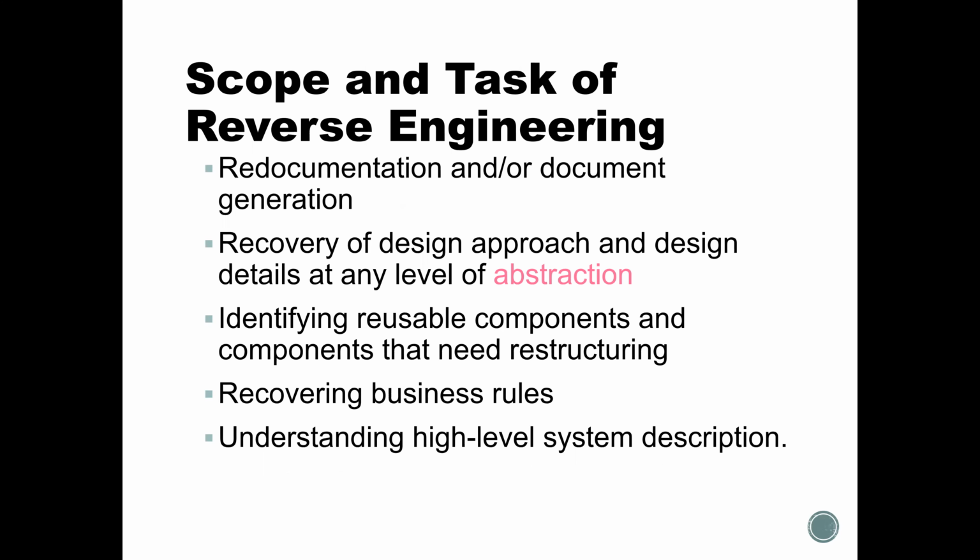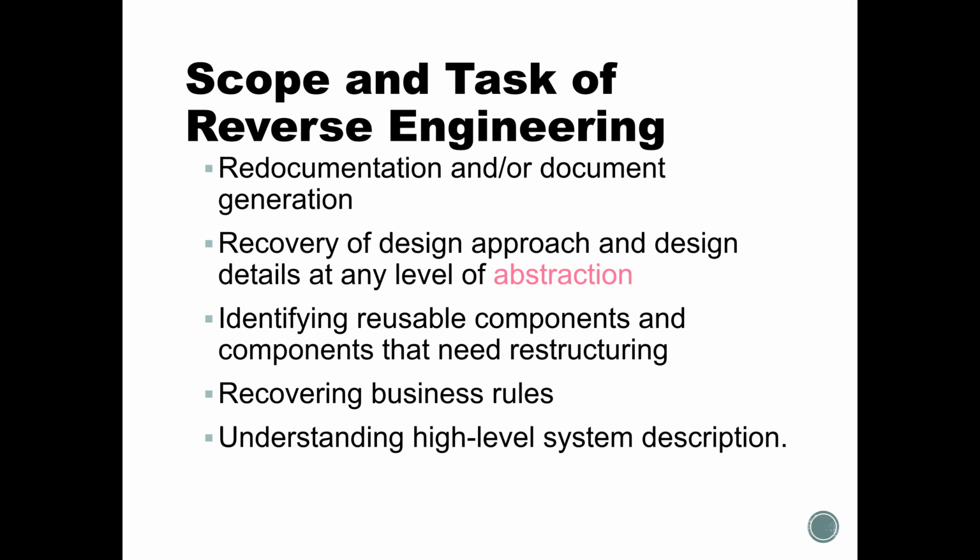However, there are different scope and tasks of reverse engineering. For example, we can perform redocumentation, and document generation is one of the scope or tasks of reverse re-engineering. Recovery of design approach and design details at any level of abstraction. So basically, there are three different levels of abstraction: high level, intermediate, and low level. So we can recover design approach. Means